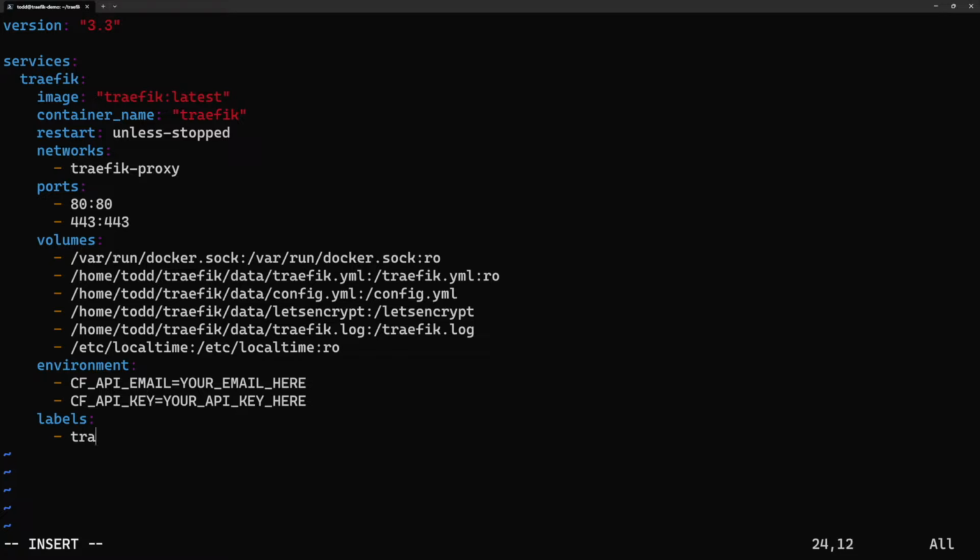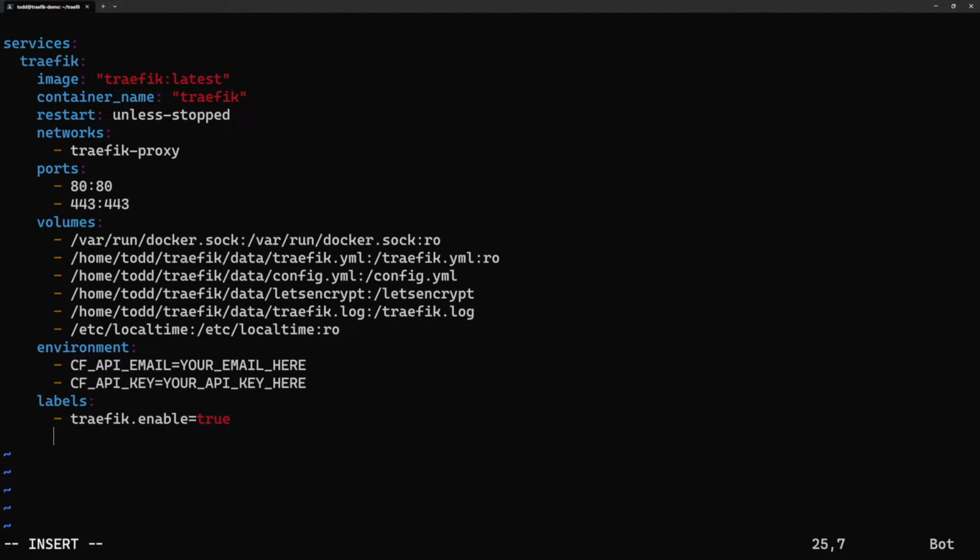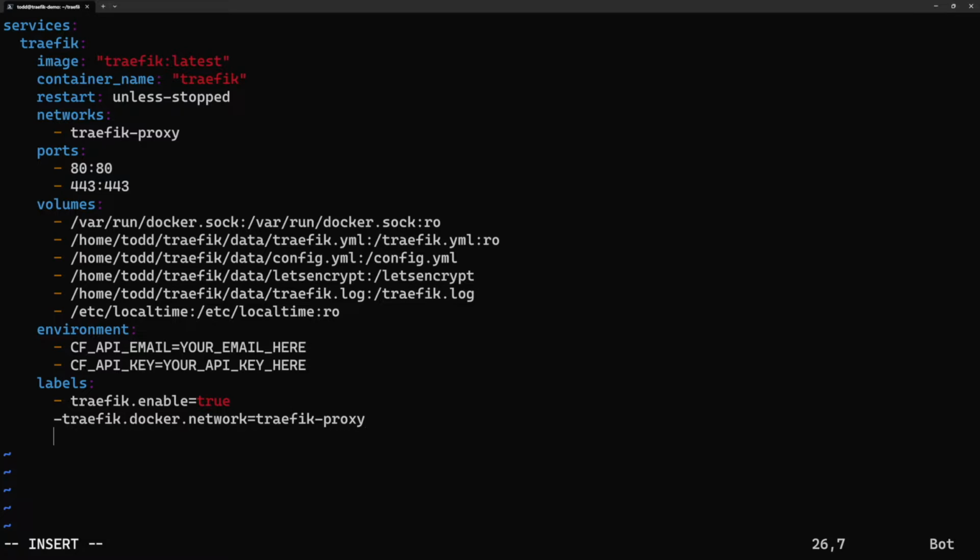Labels, Traefik enable equals true. Traefik Docker network equals Traefik proxy. There's lots of labels that we're going to do here, so I forgot the space here. Okay, next is Traefik